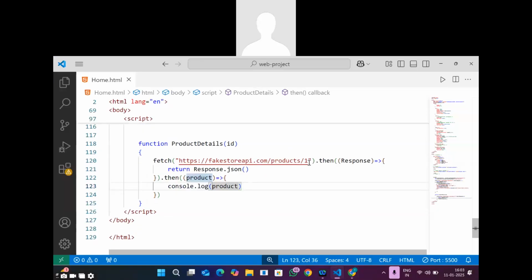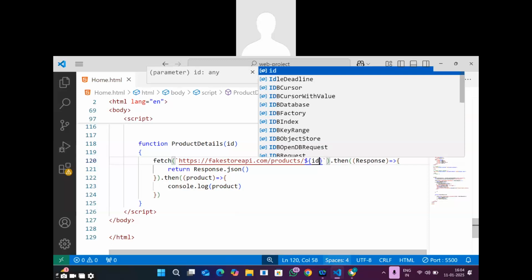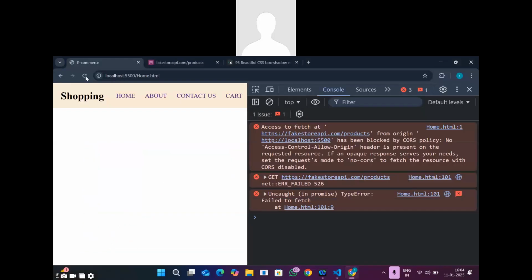Okay. And next, instead of this one, what I need to do, I need to add this item, right? So how to add it? With the help of backticks, right? Use backticks and next dollar flower base with the ID. Okay. Now check